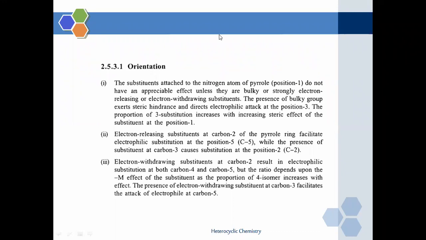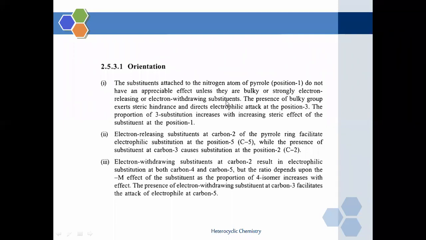But if we allow a stringent condition for the substitution at the nitrogen atom, then it must be a bulkier group, एकतर तो कसला असला पाहिजे, a strongly electron releasing group किंवा strongly electron withdrawing group. If we do the substitution at the nitrogen atom, then that functional group must be strongly electron withdrawing or strongly electron releasing. If they are bulky and substituted at this nitrogen atom,